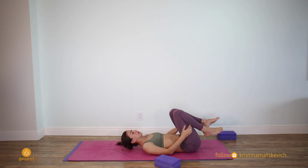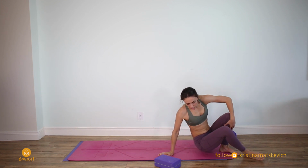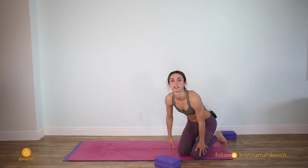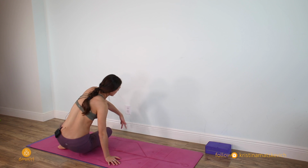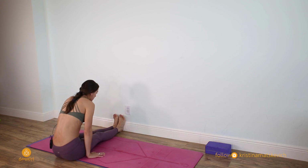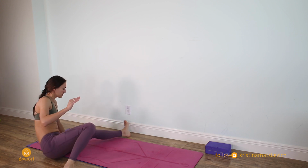And now we'll try our Hollowback pose by the wall. So if you're not next to the wall, move your mat towards the wall. So when you're ready, sit down to the floor with your feet touching the wall. Position your palms in the area where your knees start. So just remember where the spot is. And then